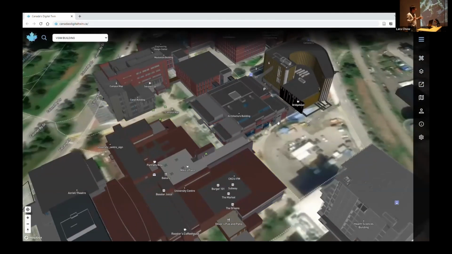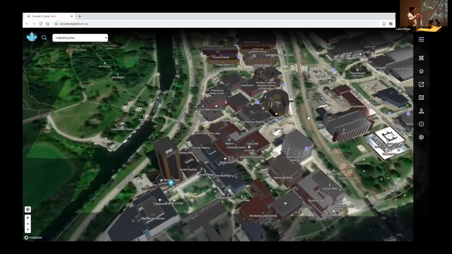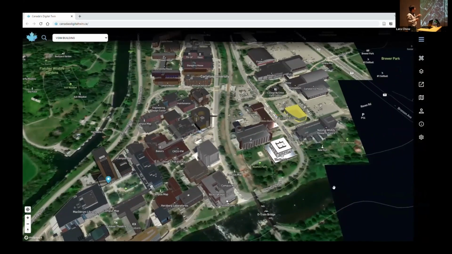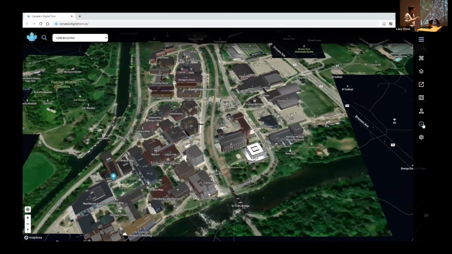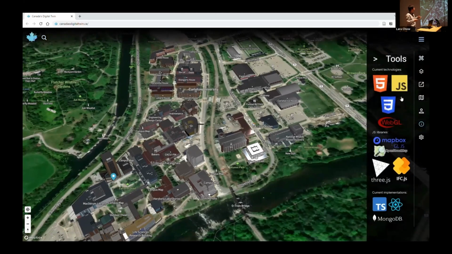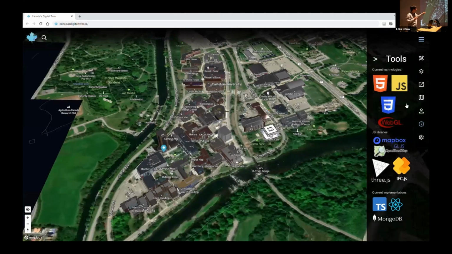And these are some of the tools that we are developing, because this is a step by step process. But let me show you some of the technologies that have enabled us to do this. As Antonio was saying, we don't need to create the wheel from scratch. We have been using the technologies of the browser, JavaScript, CSS, and HTML, and then IFC.js, Mapbox, and MapLibre for the tiles, OpenStreetMap, and then to make this a more maintainable and scalable platform, we are using TypeScript, React, and MongoDB for